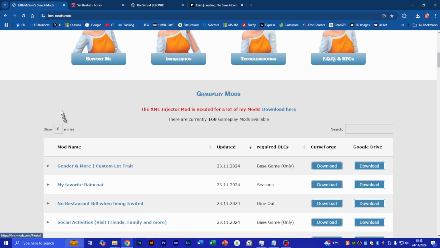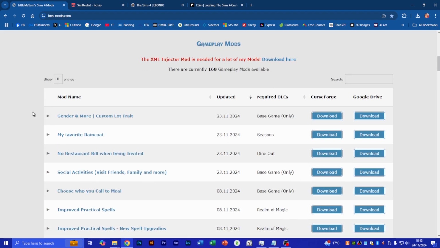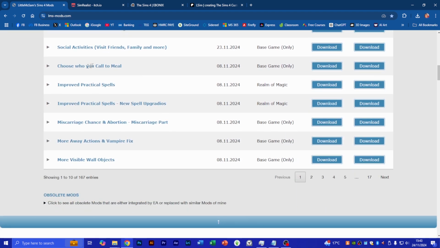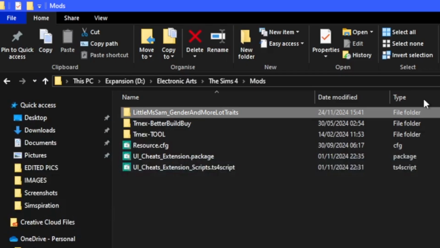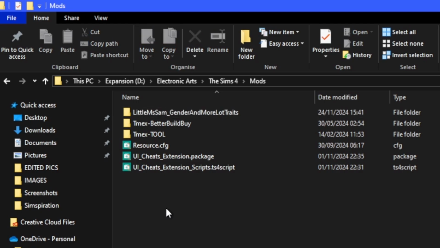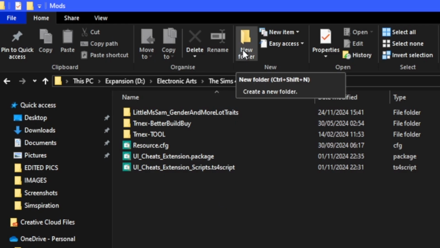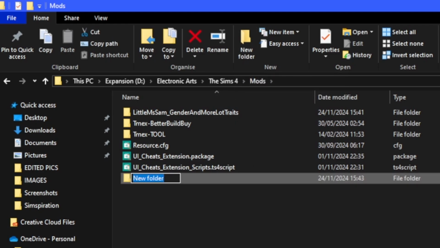And so when you've got a creator who's got loads and loads of mods or CC like this, I tend to create an additional folder specifically where I place all their mods. And so with Little Miss Sam, bearing in mind that some of her files have got script files, it's very important that you're very watchful of how far deep you put the files in. And by that I mean, I'll give you an example. I'm creating a folder here, and I'm going to name it Little Miss Sam. Okay, Little